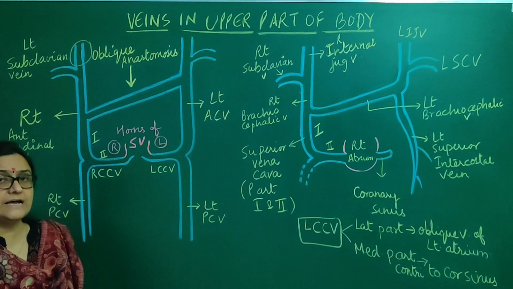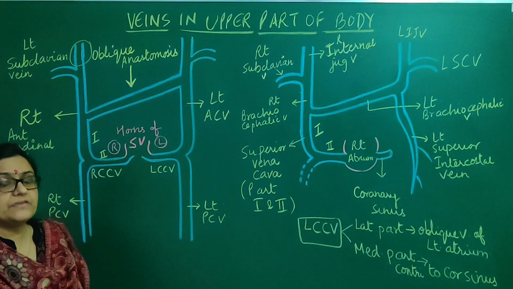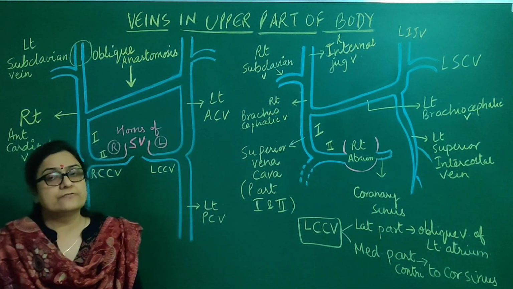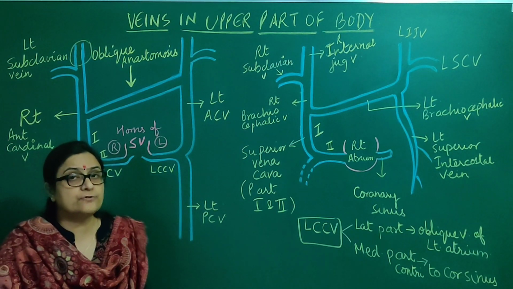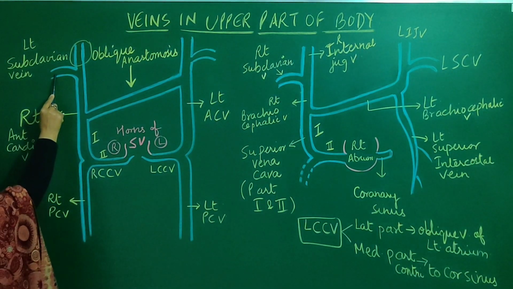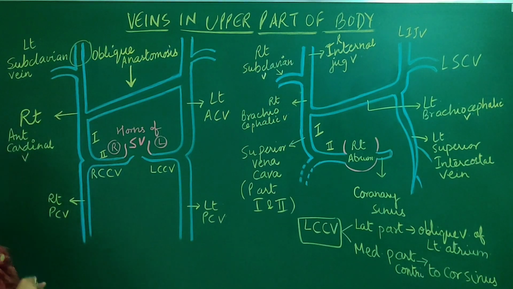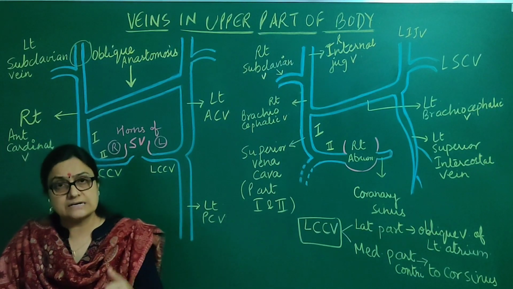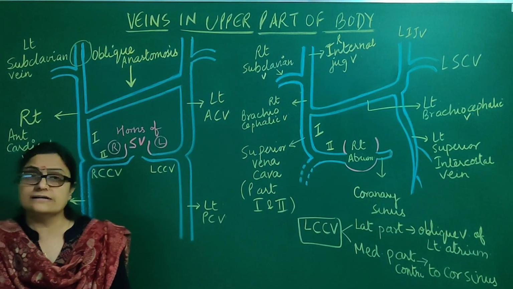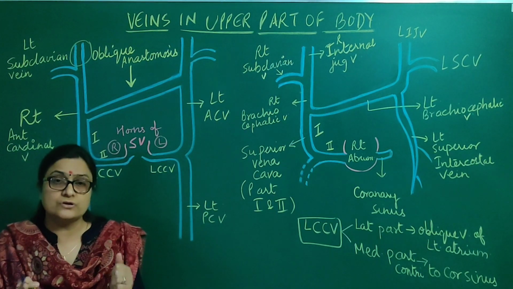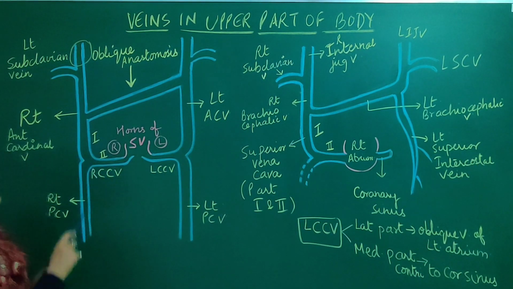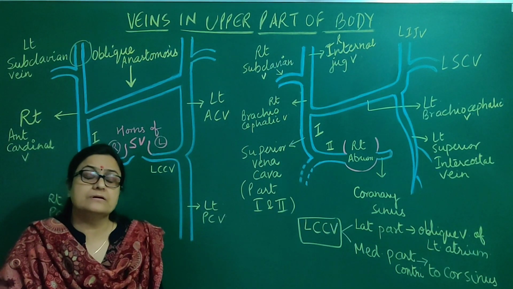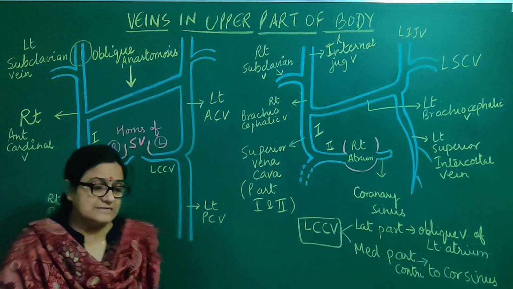Now two things happen in the anterior cardinal veins. Number one, we know that there is a developing limb bud nearby. One of the intersegmental veins from the developing limb bud will enlarge to form a vein known as subclavian vein, and this subclavian vein will join into the anterior cardinal vein. So we can see that it is an extra vein which has come and joined the anterior cardinal vein on each side. This happens on both the sides, and this will be forming the subclavian vein. So how does the subclavian vein develop?